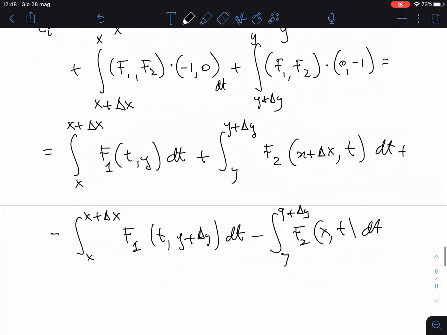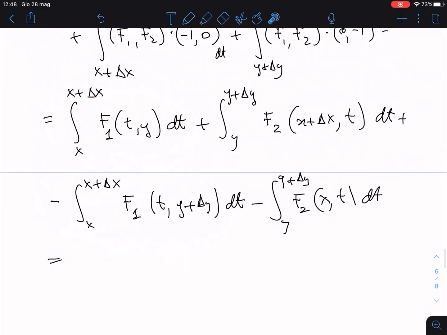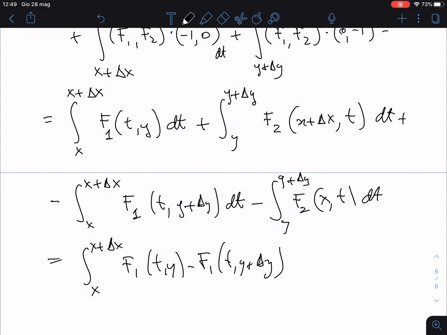Okay, so let us do it. We consider just the first and the third, and here what you have is the integral between x and x plus delta x of F1(t, y) minus F1(t, y plus delta y). Okay, this is wrong, and I have